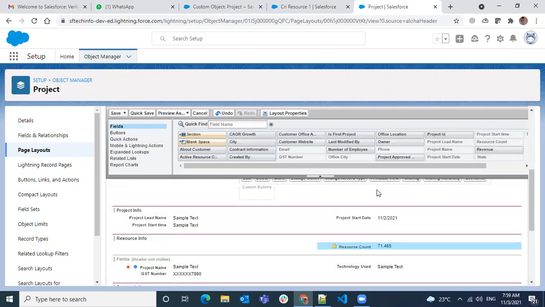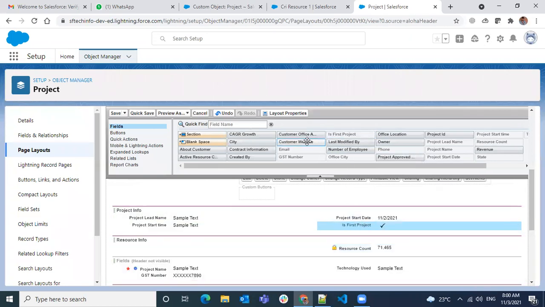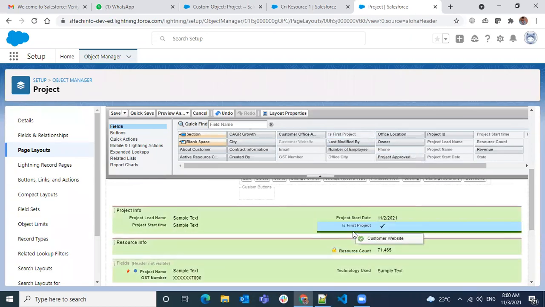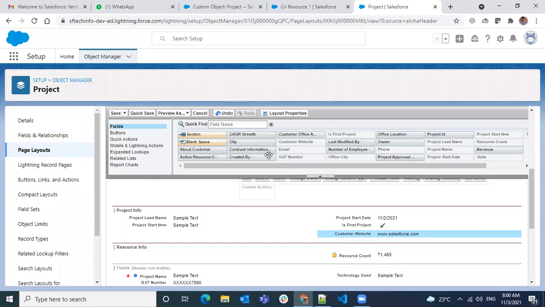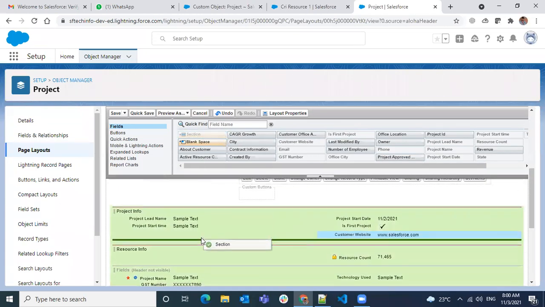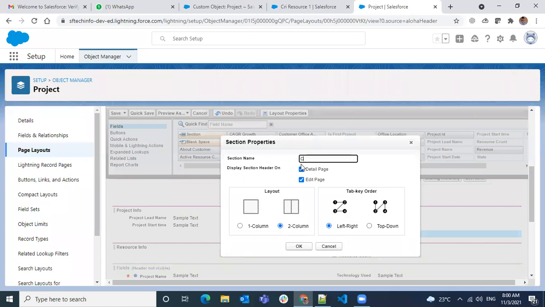I'll move it to here. Okay, there's the first project, customer website. I wanted one more section called customer info.